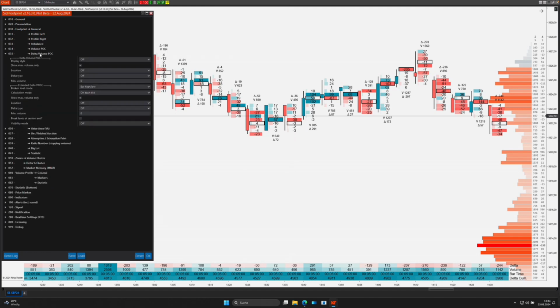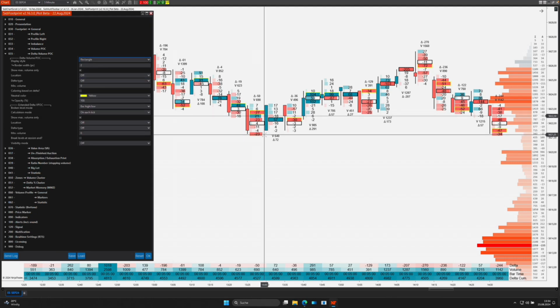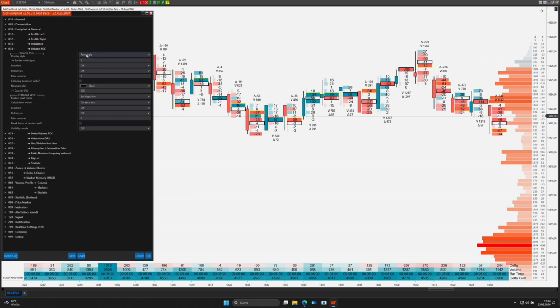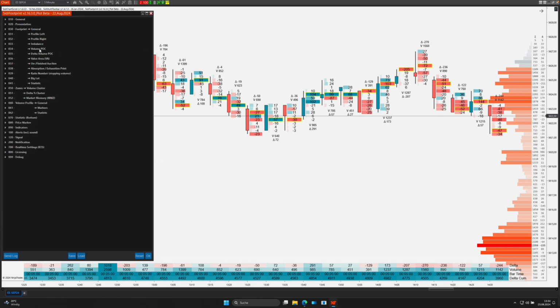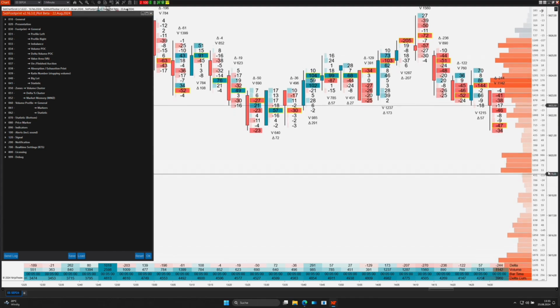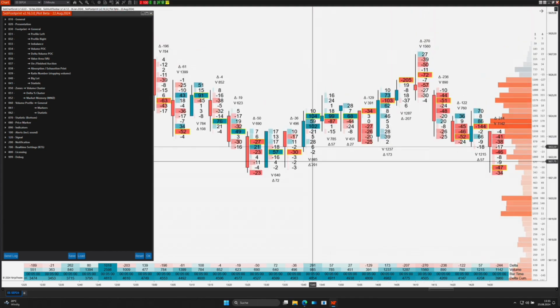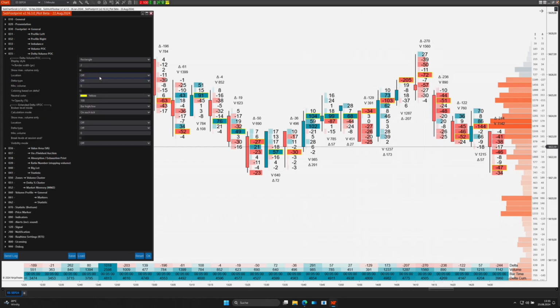Then here in the delta volume pack, I can now display the largest delta as a rectangle, for example in yellow. I'll switch off the volume pack for a moment so that this doesn't disturb us. And now I can always see here where the largest delta was within the bar. So here, -3, e.g. Here, 104.99, that was always the biggest delta within the bar, the largest positive or negative numerical value.